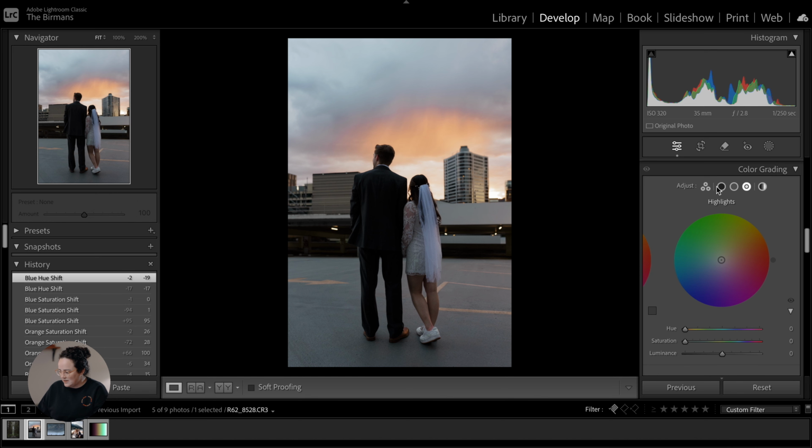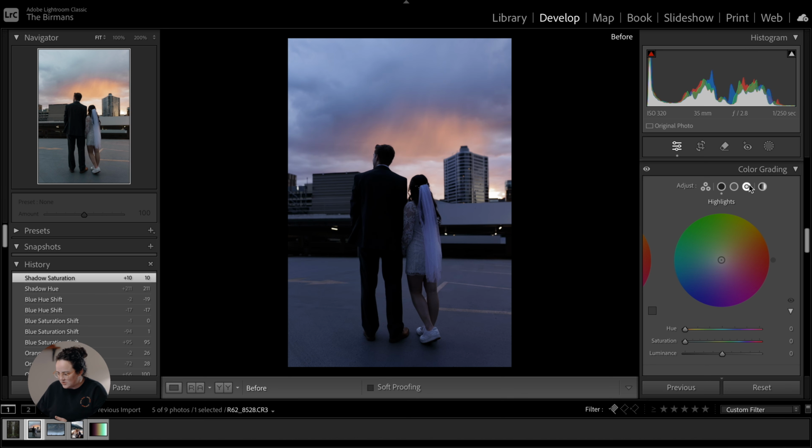Let's get into the color grading wheels. For shadows, I definitely want a blue look for this one, especially since it's evening. It's blue hour here, right after golden hour. The day is drawing to a close, and we want it to feel like evening. I don't want to force this to feel like it's golden hour when it's not, it's just past that, you